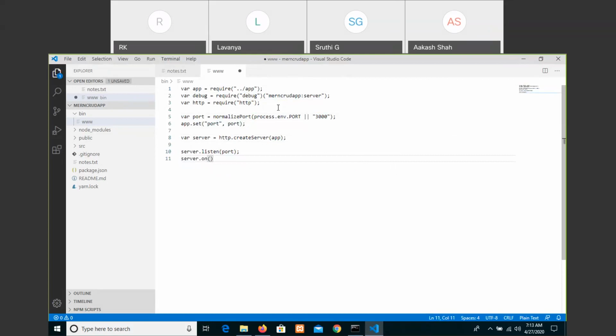Then if there is an error at the time of connecting, on is a built-in method which takes an event handler with its functionality, meaning if there is any error it should show that error as it is unable to connect.